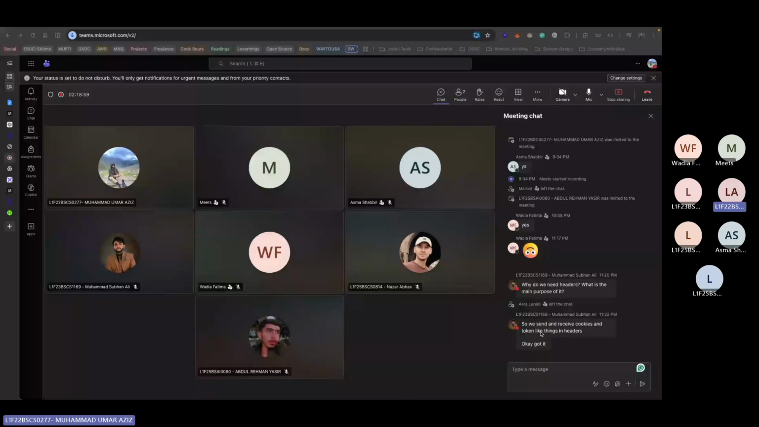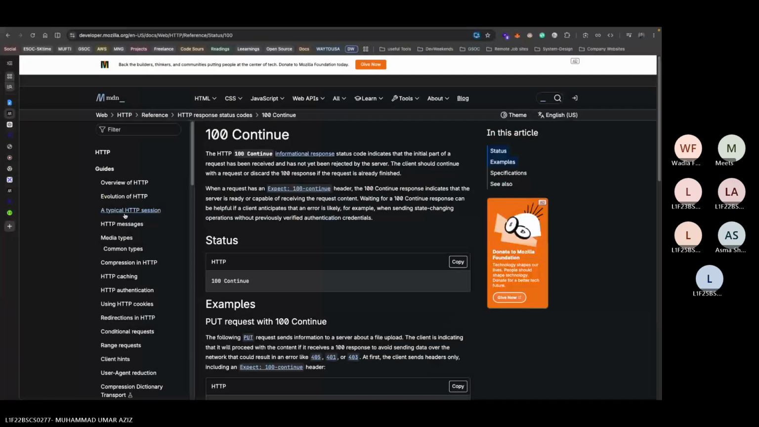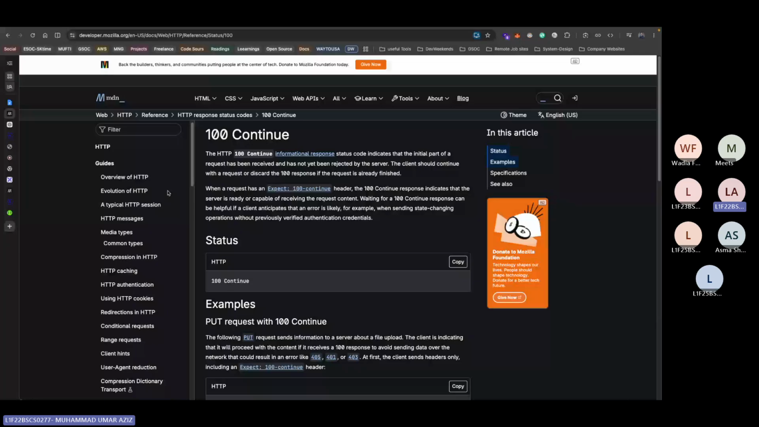What is the main purpose of it? हाँ, पर्पस is different है। अब ये देखो, अगर मैं इधर जाता हूँ, तो HTTP हेडर्स की तरह